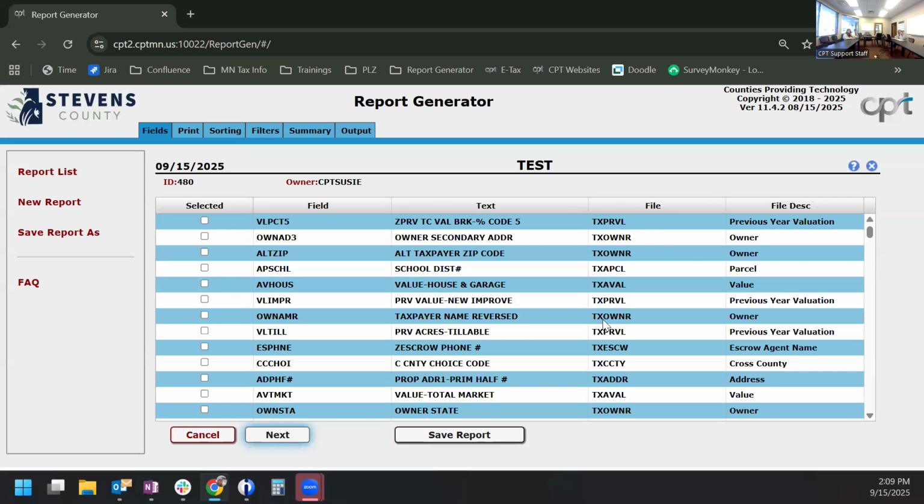We also give you the file shortcut and the file long description name. The long description name can be helpful for understanding what file it is. The file shortcut is a nice, easy way to cross-check. If you're looking for a field and you're not quite sure what it's called, but you know that it's on the same screen as a certain other field, or maybe you know it's in Cross County, you can go up here and you can say, I want to see